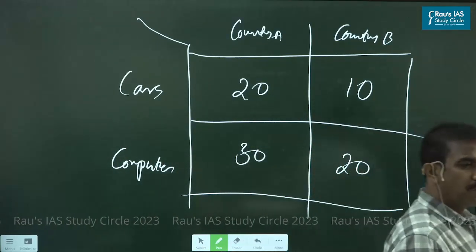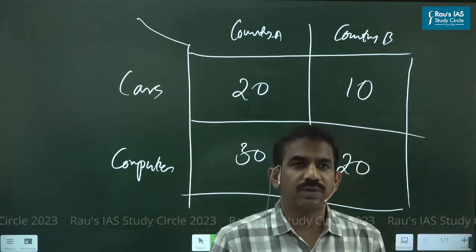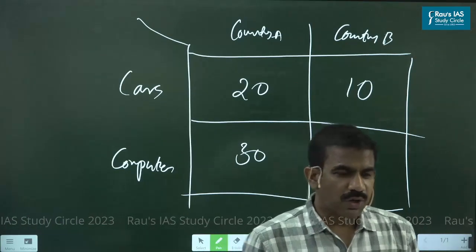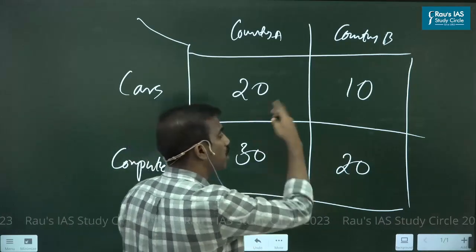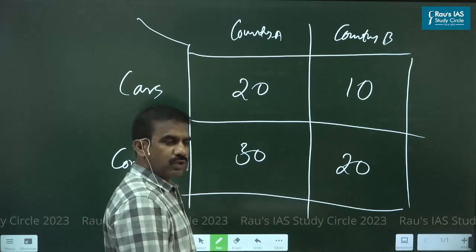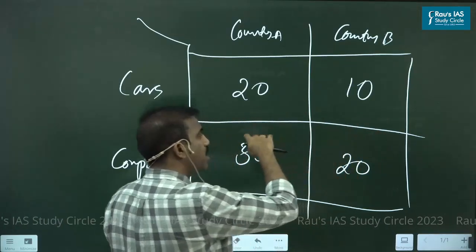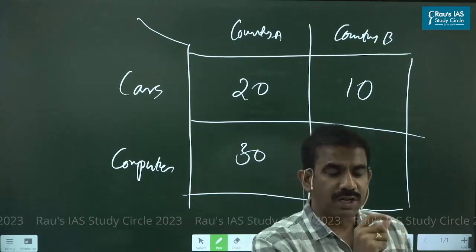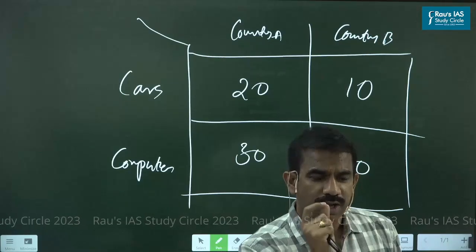Who is relatively more productive and could produce a basket of goods in a smaller period of time? Country A, isn't it? So country A in a given period of time is capable of producing more cars and also more computers. So it has a better advantage than country B in both cars and computers. And this advantage in comparison to the other nation is what I call an absolute advantage.